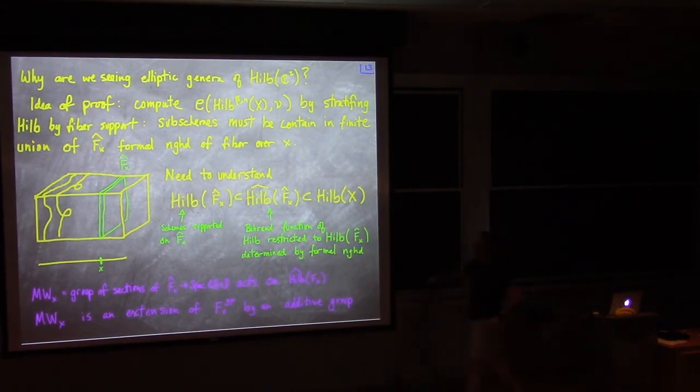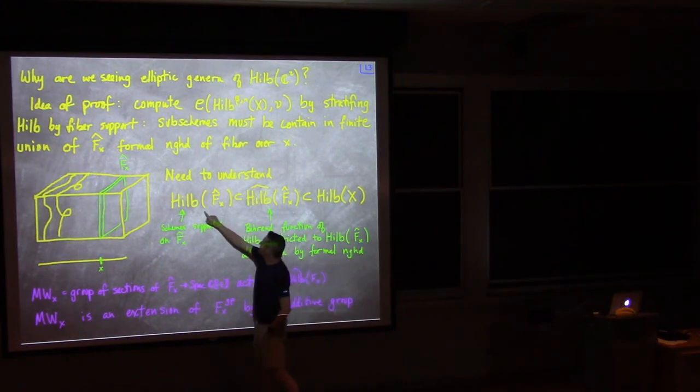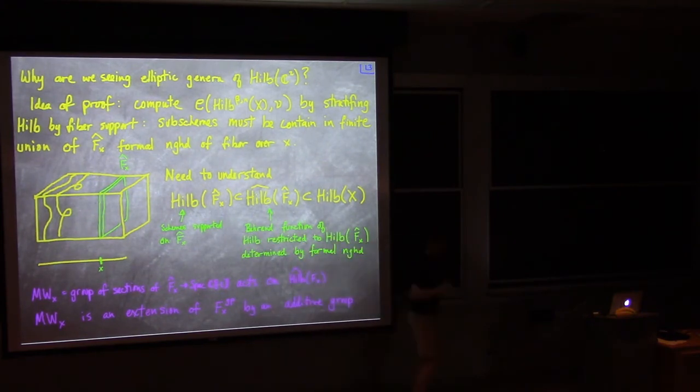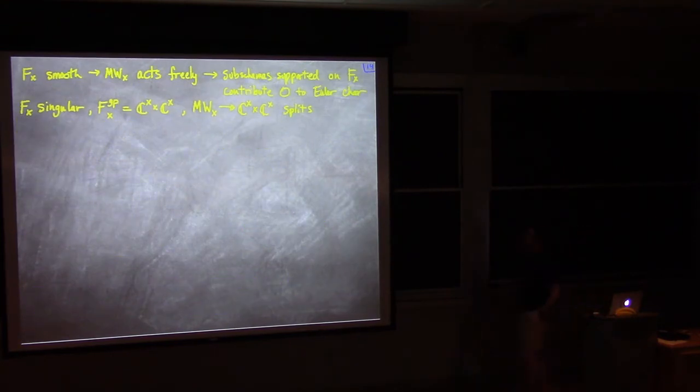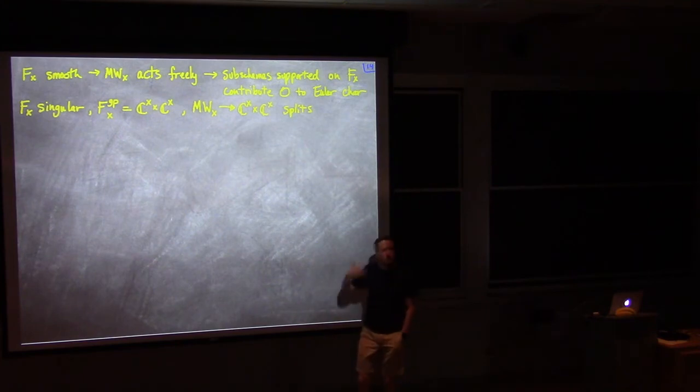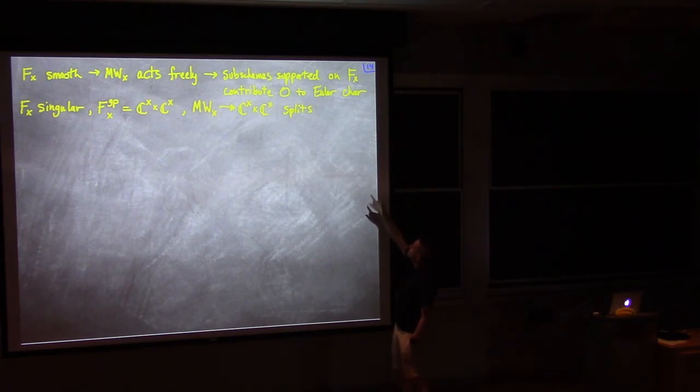Not only does it act on this strata, it actually acts on the entire formal neighborhood. So it respects the Behrend function, and I can use it to do Euler characteristics. Whenever you have a free action by a group, as long as the orbits all have zero Euler characteristic, which is true on the smooth fibers, you'll just get zero for the Euler characteristic. So very quickly you actually get down to this local case. You realize that the only thing that contributes